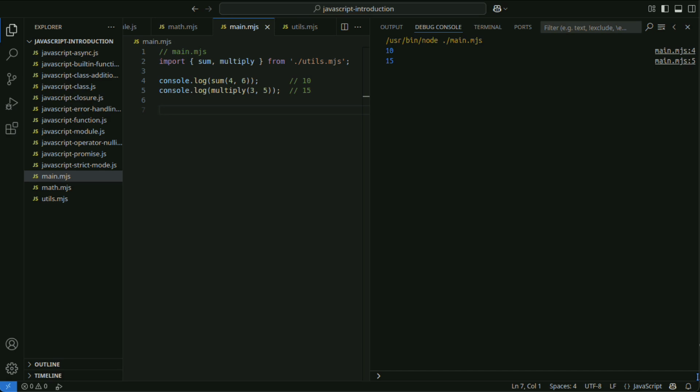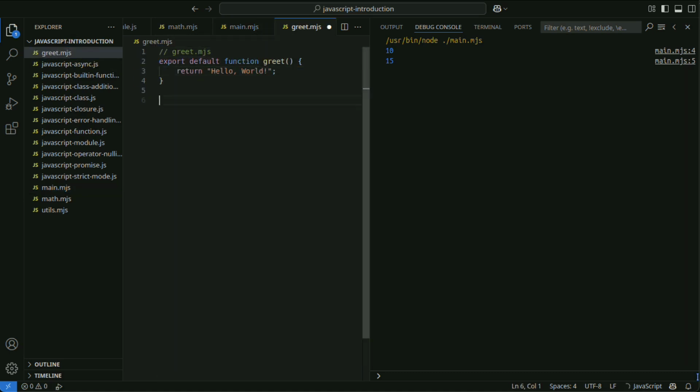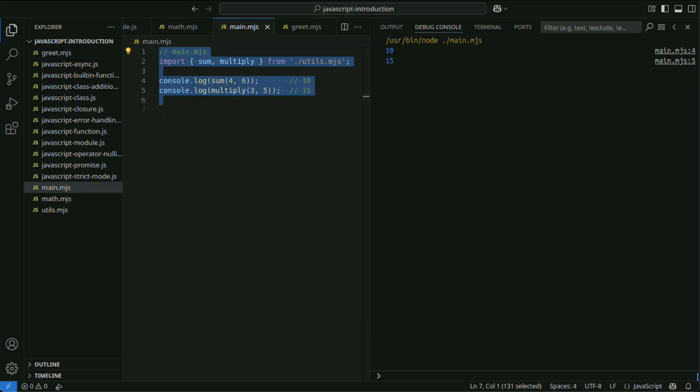Default export is used when exporting a single function or class from a module. During import, it can be received with any name. Only one default export is possible, but named exports can export multiple elements simultaneously.